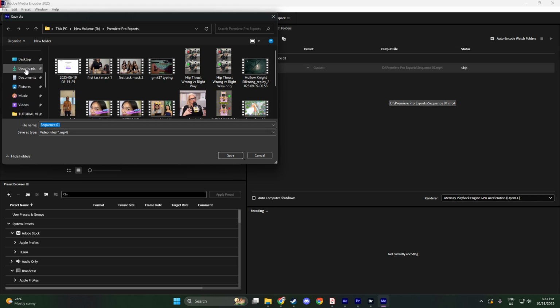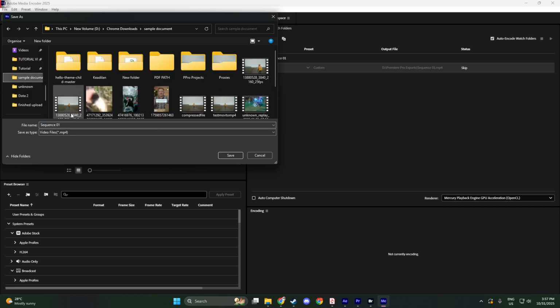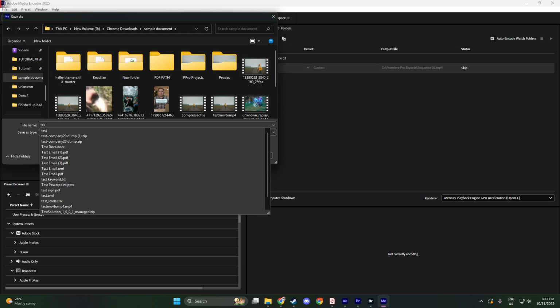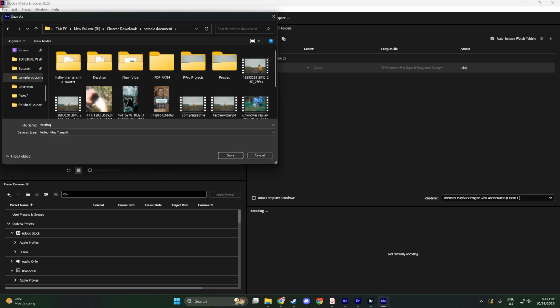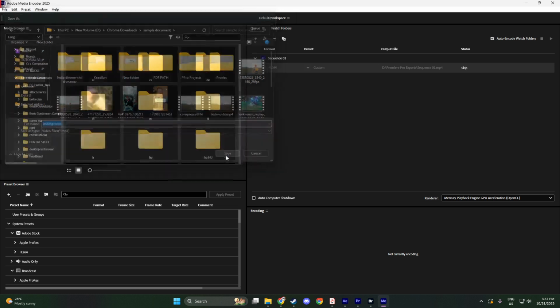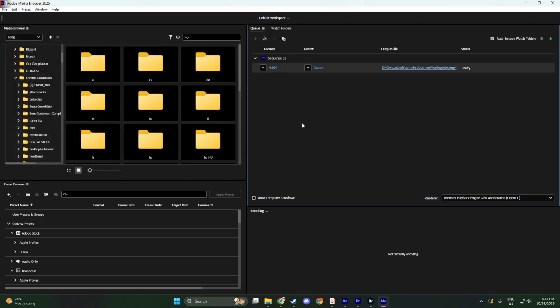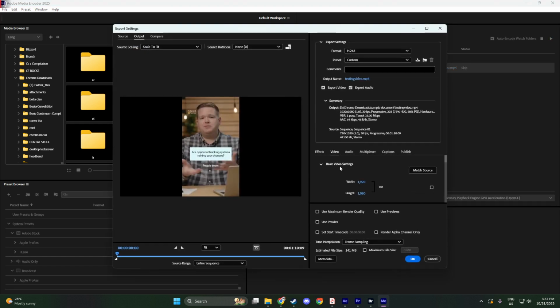Before you hit start on the rendering process, it's crucial to double-check your export settings. Click on the blue preset name in the queue. In the video settings, you'll want to ensure you're matching your source frame rate, using a progressive field order, and setting your target bitrate appropriately. Around 8 Mbps typically works well for 1080p, but you might want to go higher if you're working with 4K footage. As for the audio settings, use the AAC codec at 48 kHz with stereo sound, which is the standard